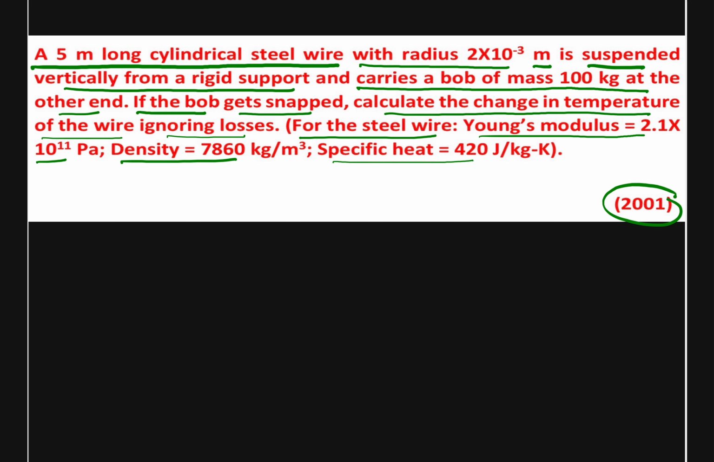heat is 420. So in this case, we can just draw our approximate diagram, and then we are going to solve this. In this case, we have to remember that it is basically a conservation of energy. So the amount of energy that will be gained when the wire is going to snap will be converted into the heat energy of this wire. So the basic diagram is,